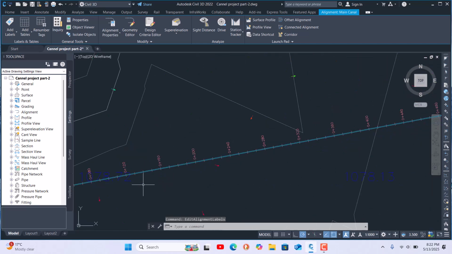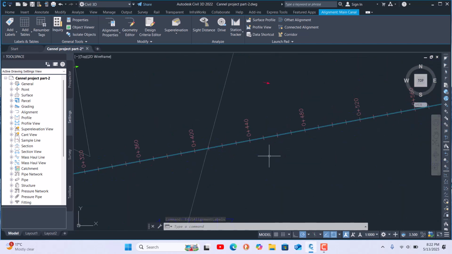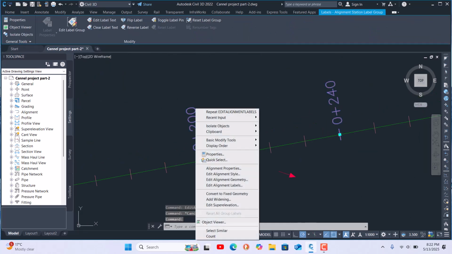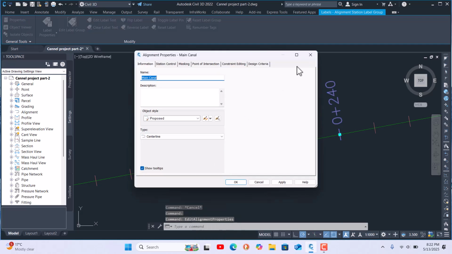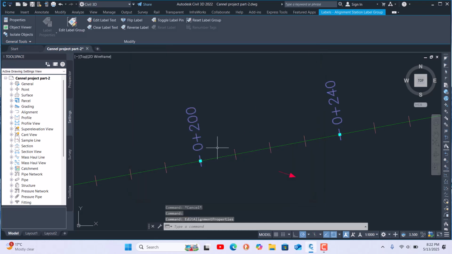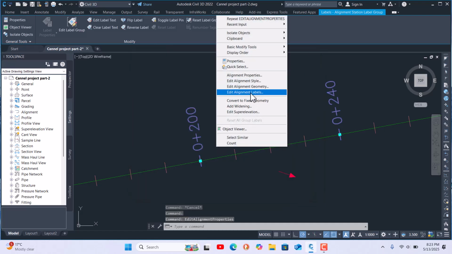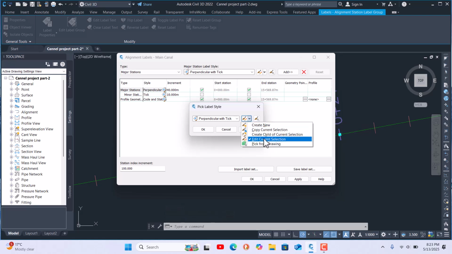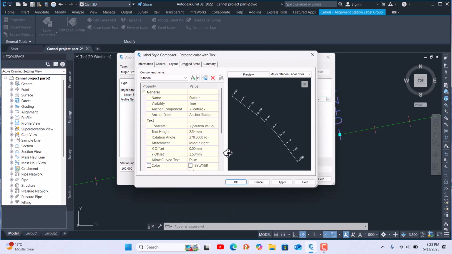Now see, it's looking good. If you want to change the text size, just click once here and go to alignment properties, styles. Again edit the alignment labels here. Click once here, then the existing style is this. We edit the current selection. Now here I give the text height 5 mm, and rotation I don't want to change.